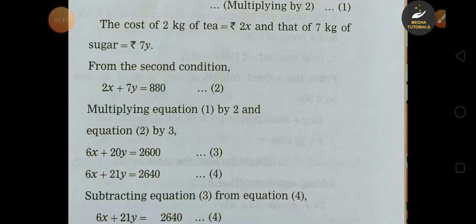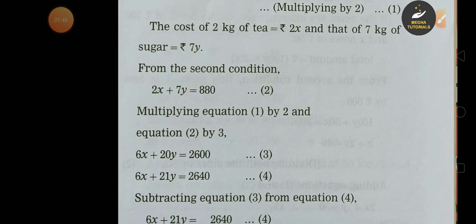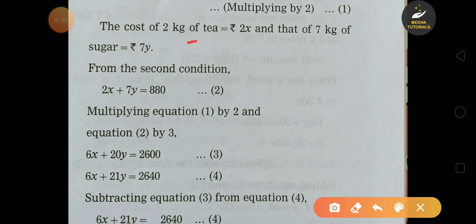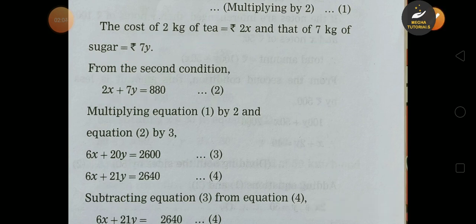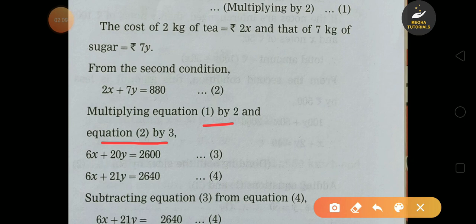Now from the second condition we can say that the cost of 2 kg of tea is rupees 2x and the cost of 7 kg of sugar is rupees 7y. So the second equation will be 2x plus 7y is equal to 880, that is equation 2. Now we will solve equations 1 and 2 using the elimination method. We'll multiply equation 1 by 2 and equation 2 by 3. In this case we have decided to eliminate x. So equation 3 is 6x plus 20y is equal to 2600, and equation 4 is 6x plus 21y is